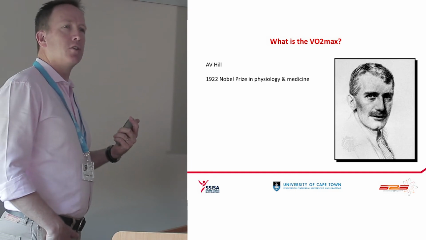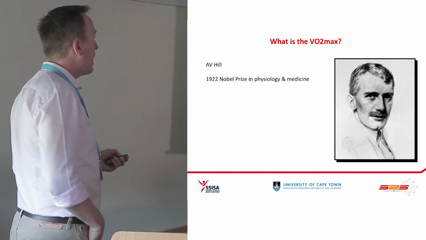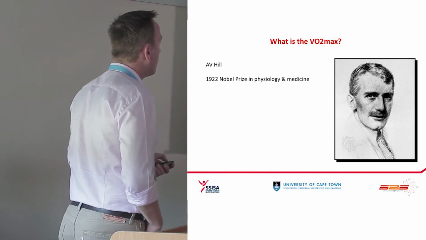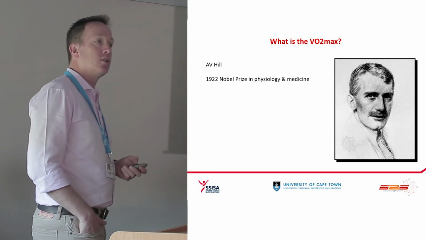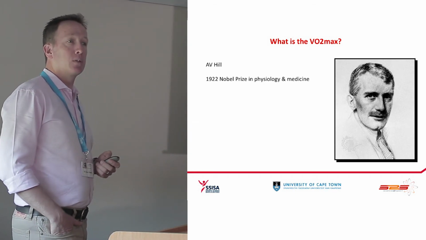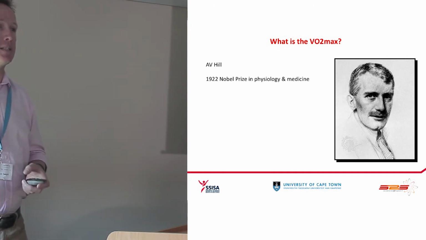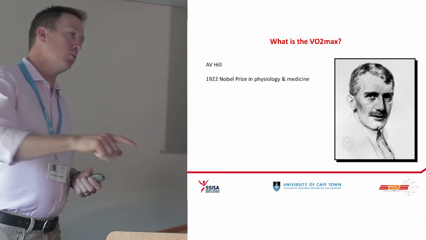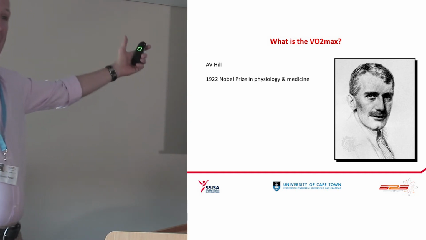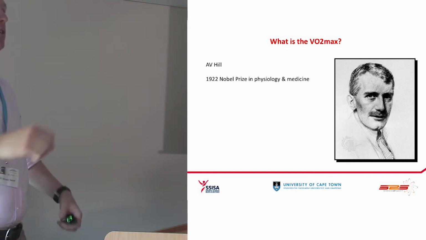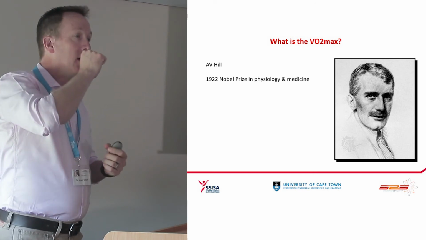And where do we get VO2 max testing from? It came from A.V. Hill. He was the Nobel Prize winner in physiology and medicine in 1922. And back then it was quite hard to do VO2 max testing. You used to run around a track, and a guy on a bicycle or a motorcycle rode with you, and they had a huge bag, which was a sealed bag, and you would have pipes, and you would be breathing